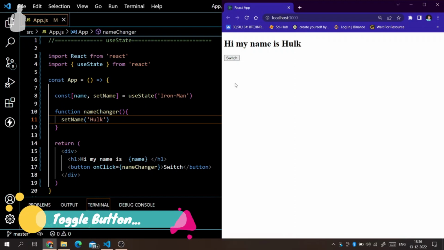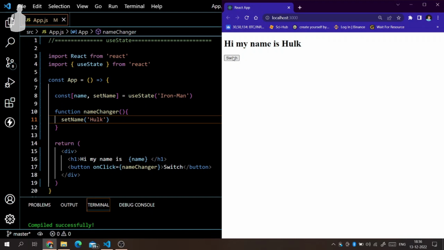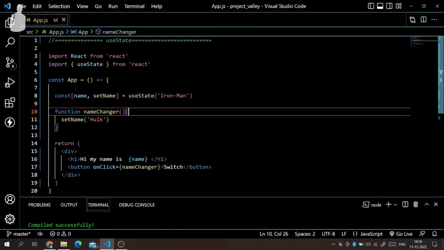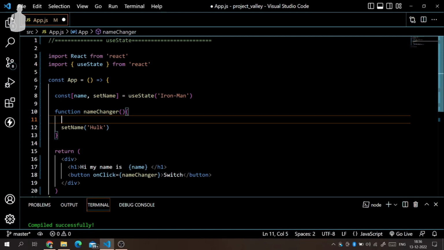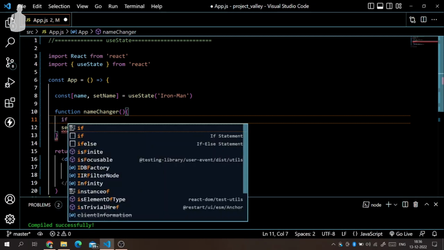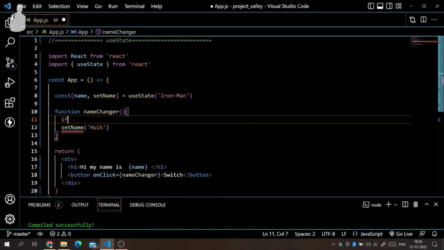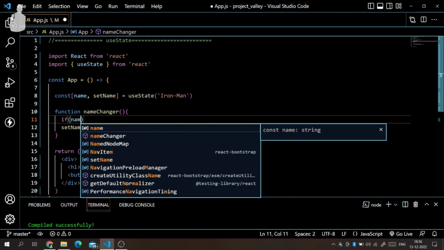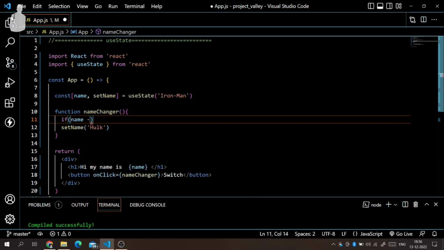Okay, now this is the first task. Second, what we can do is I want this switch button as a toggle button. When I click on this button, this value should be moved to the previous one. It is not related to useState, but still, let's try. We will be using some if else conditions. If I'm looking for name, right? Okay, it's capital again, Name. If my name equals